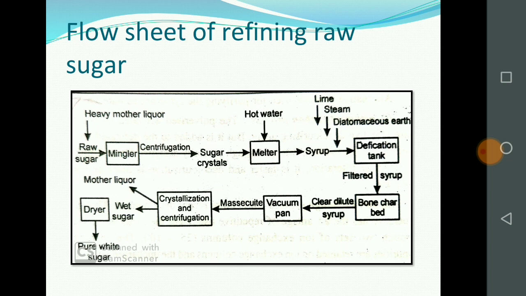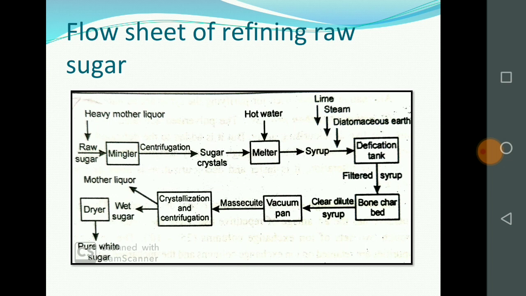In defecation, the sugar solution at this stage contains some insoluble impurities like clay, gums, pectins, etc., which have escaped clarification during raw sugar manufacture. So they are removed by defecation. Liming, sulfitation, and carbonation can be used. Liming is the simplest of the chemical treatments. The syrup is limed to a neutral pH and then heated by steam. A flocculant precipitate is formed which carries the suspended impurities and collides with it.